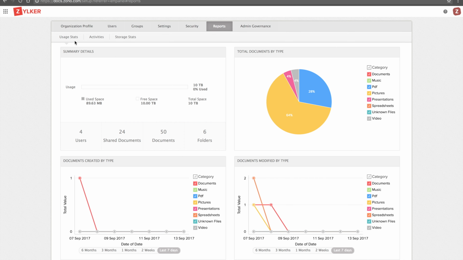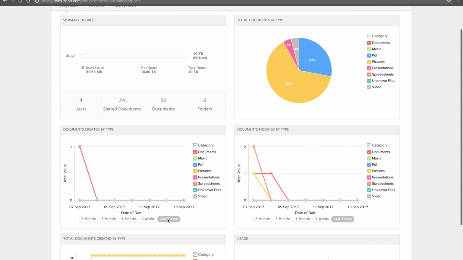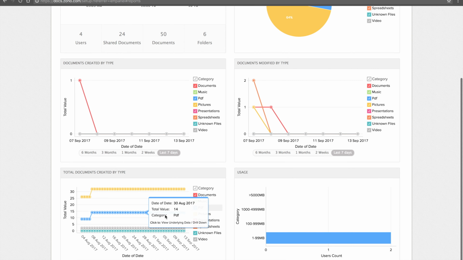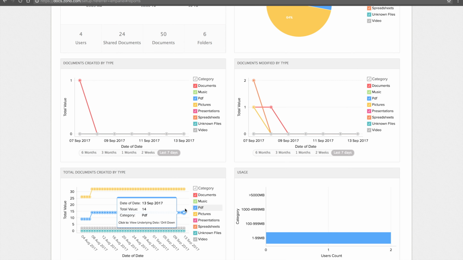The usage stats gives me a very brief summary about how much storage has been used, what documents have been used based on the type, and when they have been modified and created based on each individual type. And this is very useful for the admin when you want to see what types of documents have been created and saved within your system.